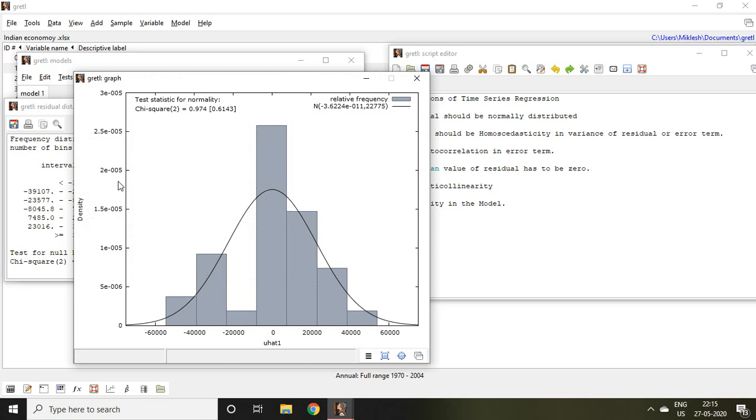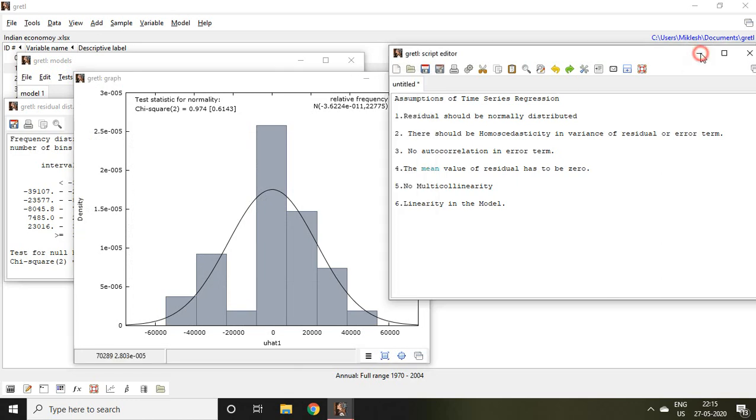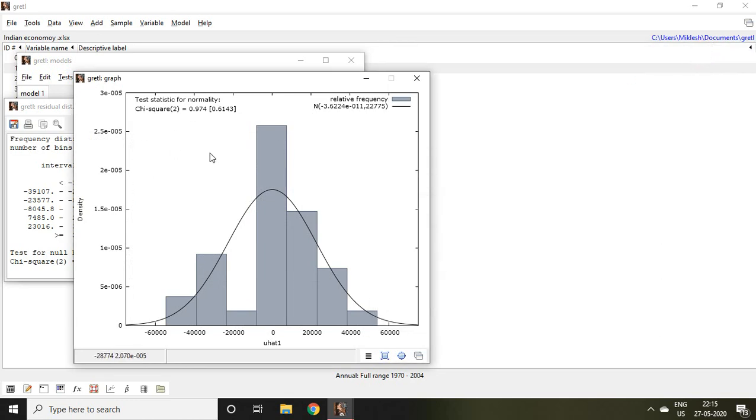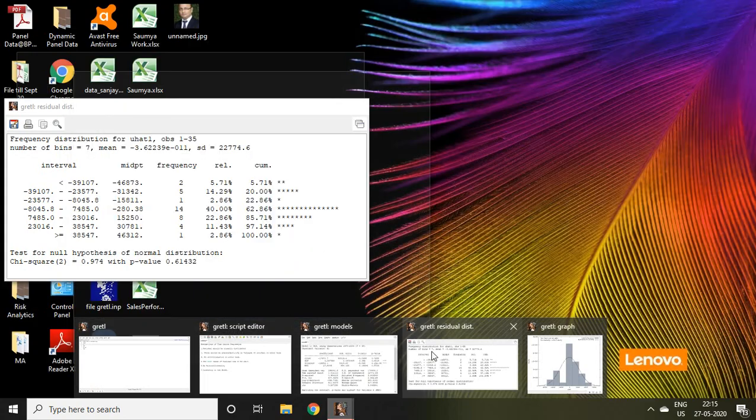The moment I select it, I get this result. If you see, the p-value is 0.6143, which is greater than 5%, and we can say that this residual is normally distributed.